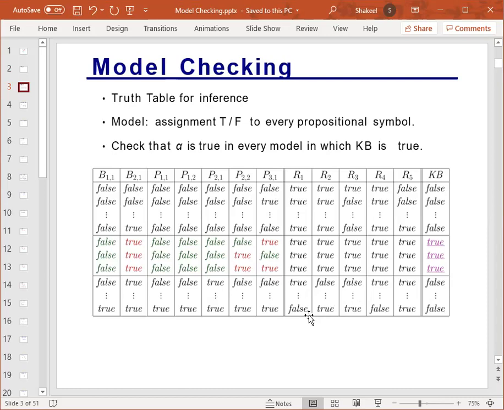Let's now consider the set of rules we built in the knowledge base to represent the reduced Wumpus world, in which we used a set of 7 propositional symbols, B1 through B31, and wrote a set of 5 rules to represent the knowledge base. So in this case, the knowledge base could be written as rule 1 and rule 2 and rule 5. All these elements make up the knowledge base.